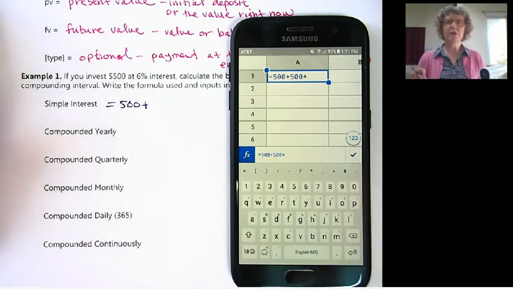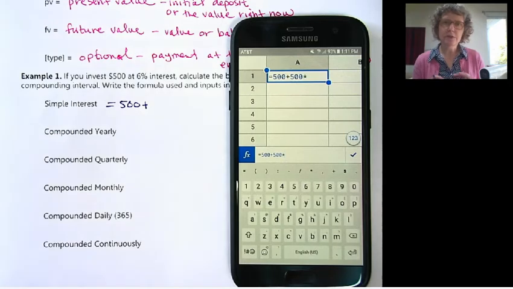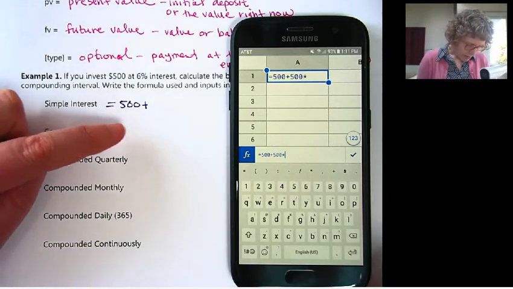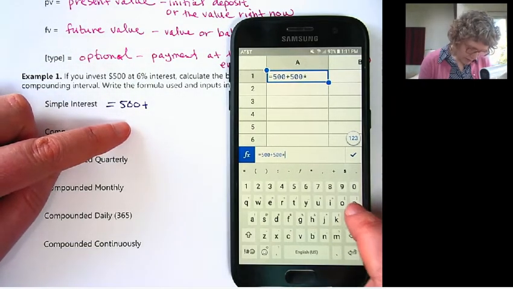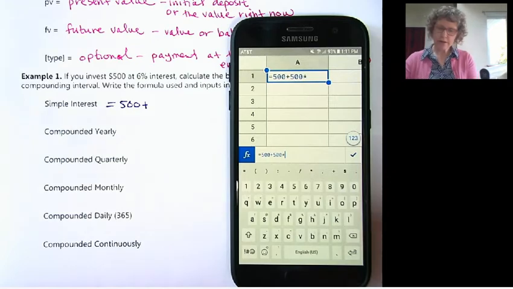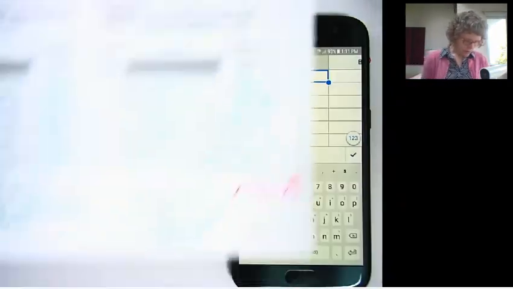Now, the thing about spreadsheets is they don't have that automatic multiplication if you use parentheses, so you have to put the asterisk, and the asterisk is how you multiply.